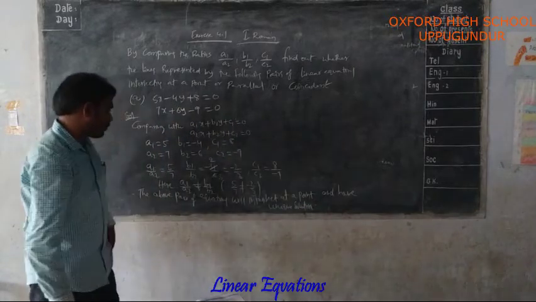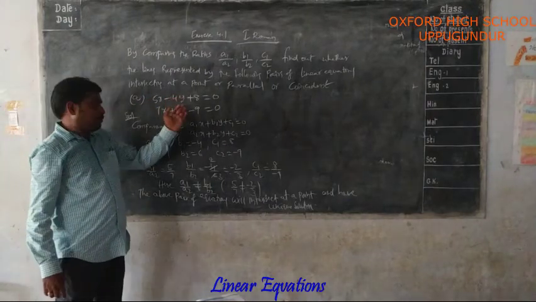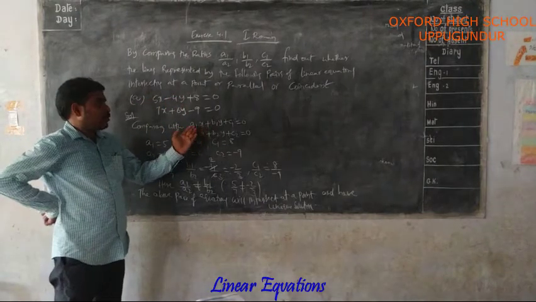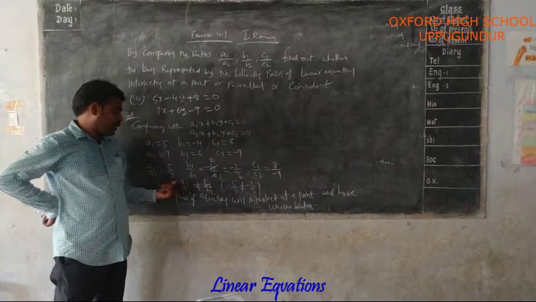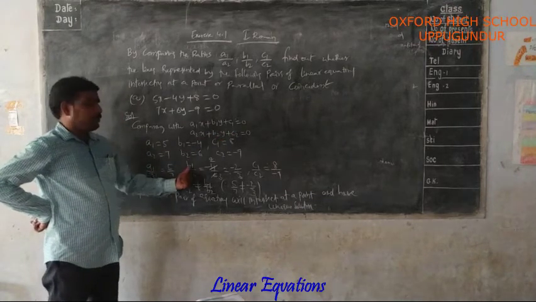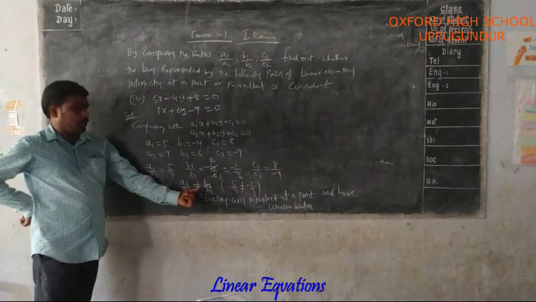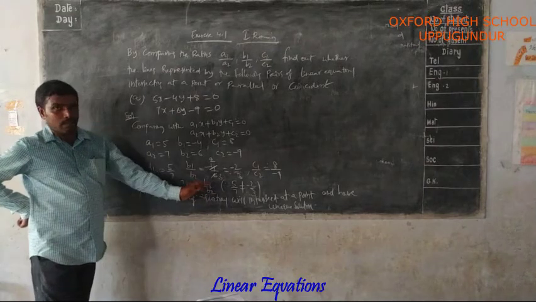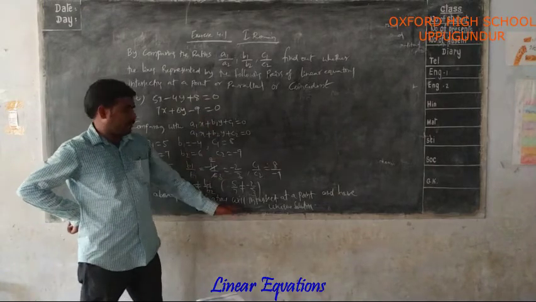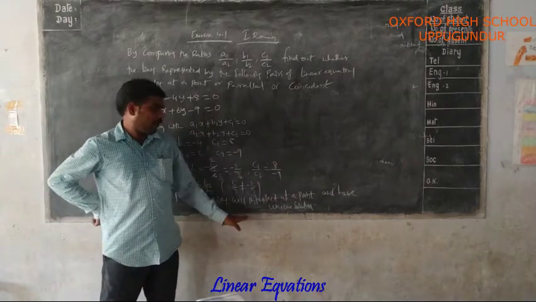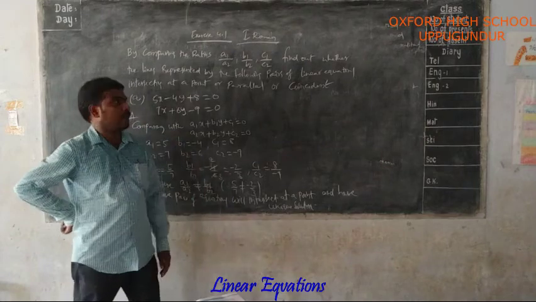So like this you have to solve. First you have to compare the given pair of equations with the system of linear equations. What are those two? A1x plus B1y plus C1 equal to 0, A2x plus B2y plus C2 equal to 0. After that you have to find the ratios A1 by A2, B1 by B2, C1 by C2. When you observe these ratios here, A1 by A2 is not equal to B1 by B2. So if A1 by A2 is not equal to B1 by B2, the pair of equations has intersecting lines, that means they will intersect at a point, and if the pair of linear equations intersect at a point, you will get only one solution, that is a unique solution.